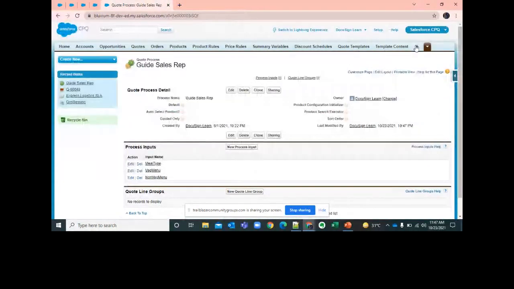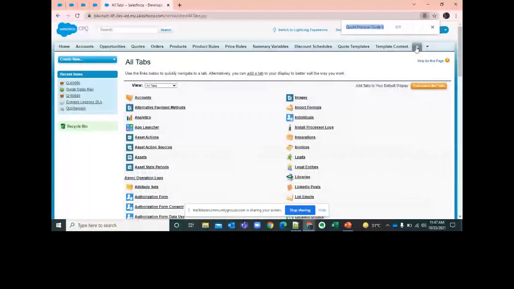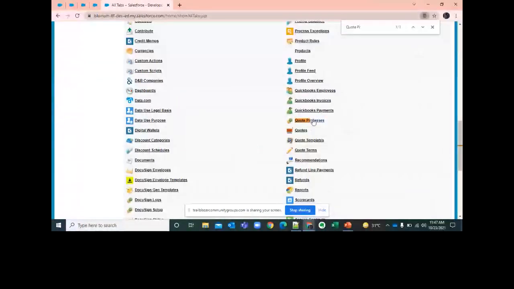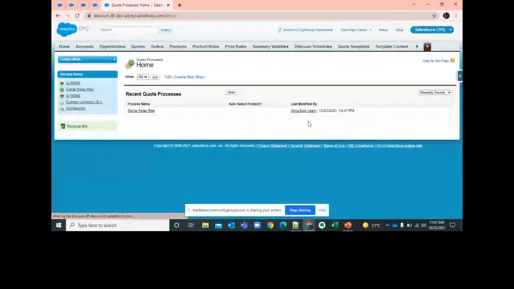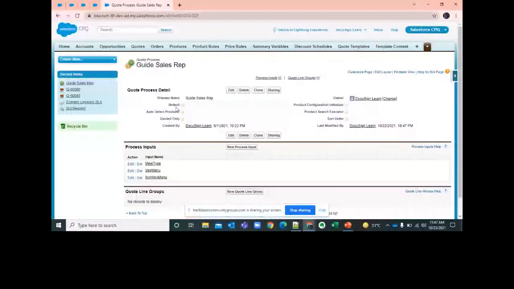So this is the code process object. The tab is already there, or you can go to all tabs, find code process, open the object, create a new record, and name it. I'll come to these fields later at the end because I don't want to confuse you guys. So simply create a code process record. Got it. Now, how are we going to set up the questions?